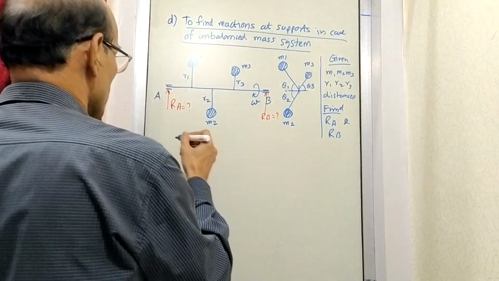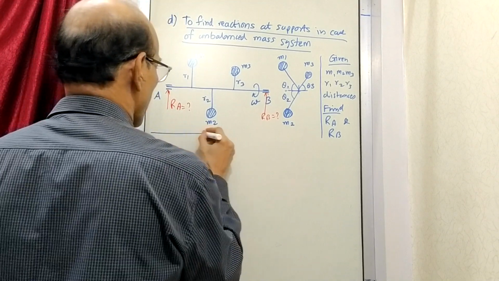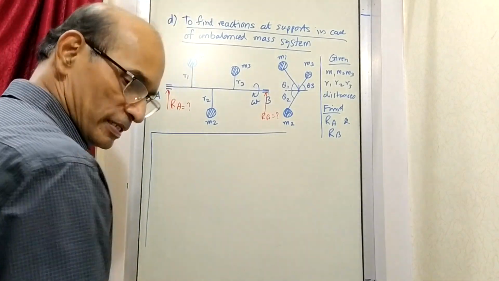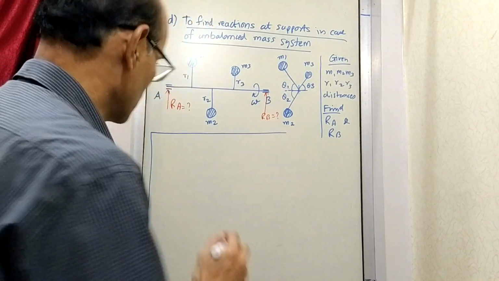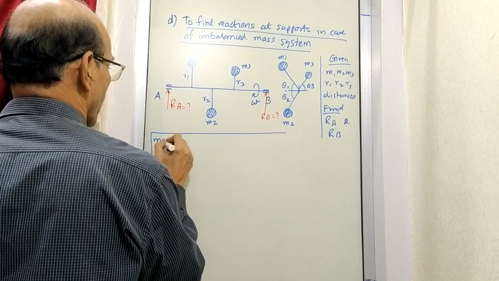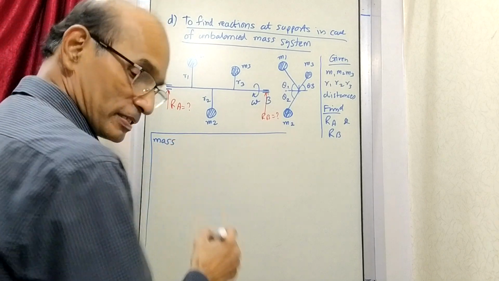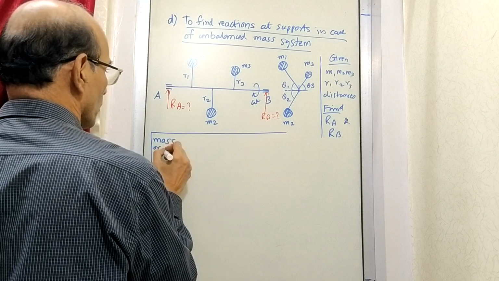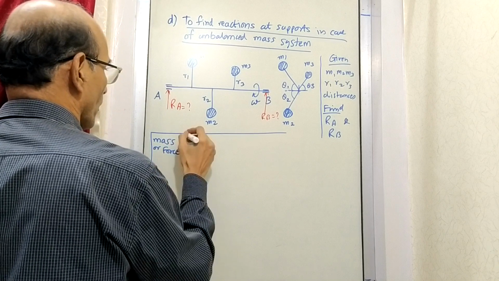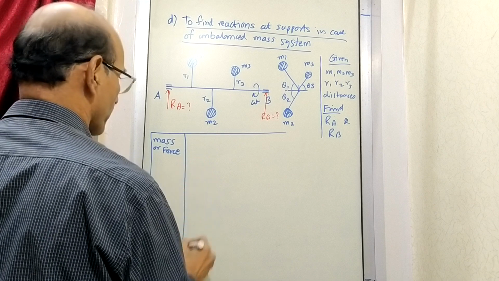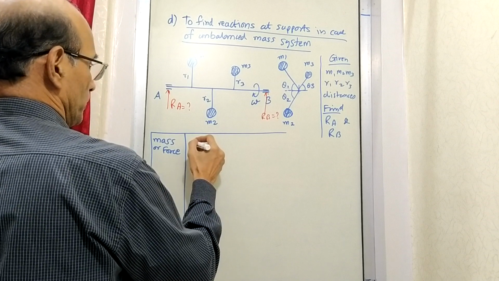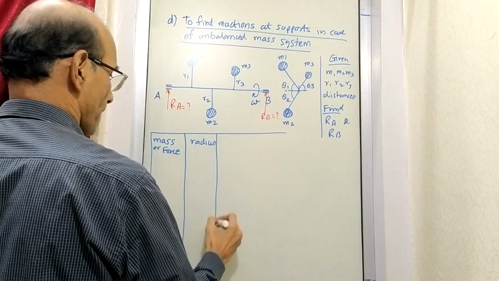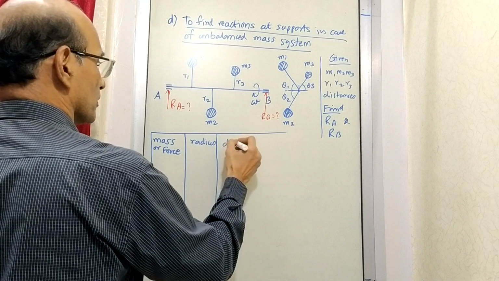last time. So let us make the table like this. So we start saying that there is a case like mass, or you can say reaction or force. Then you can say radius, distance,